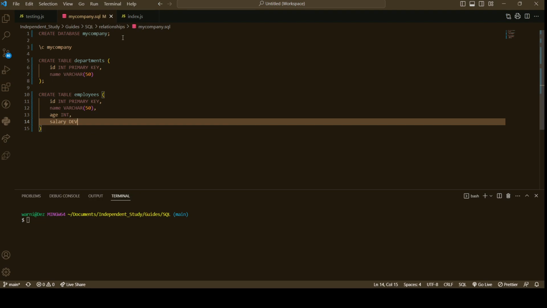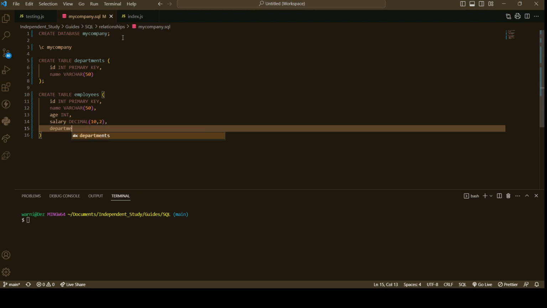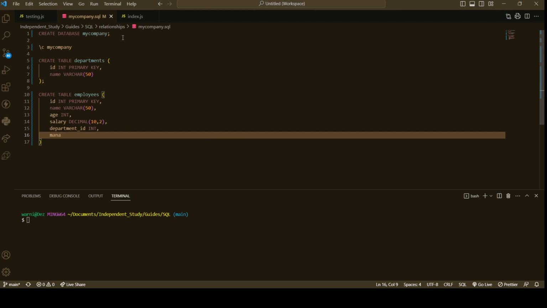Salary. Now salary, I'm going to use decimal, which I also used in the last video. And the first parameter is talking about how many numbers can be to the left-hand side of the decimal, while the second number is how many can be to the right of the decimal. Right. And the manager ID that I'm typing out here,